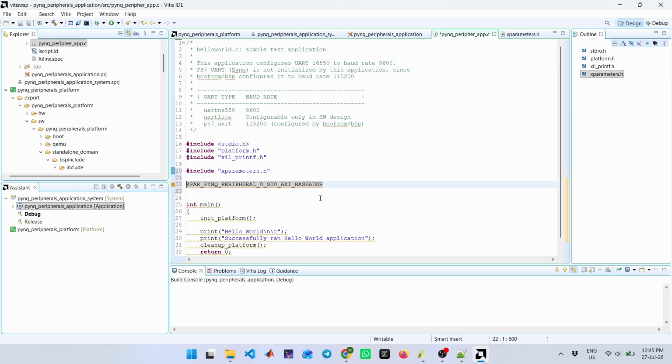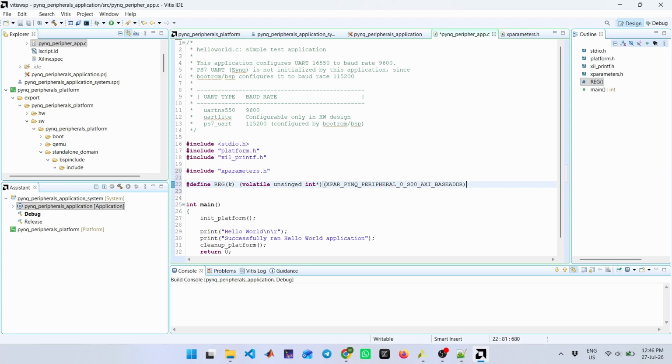So I will define a macro here. Hash define reg_k as. Since we're reading and writing from this address, we don't want any optimization of the C compiler. That's why we need to define it as volatile unsigned integer. And by the way, I'm just declaring a pointer to this address. And then